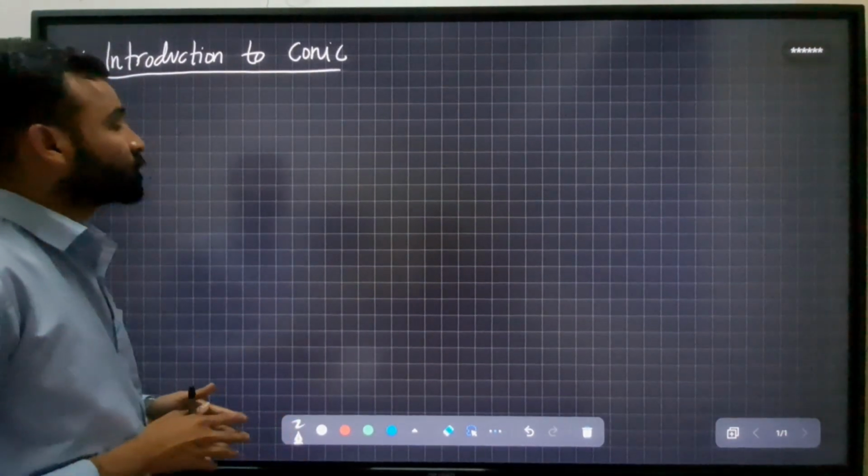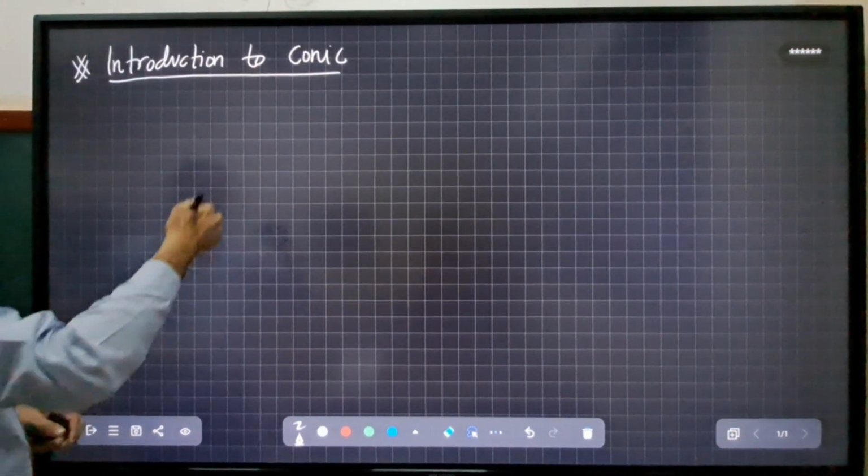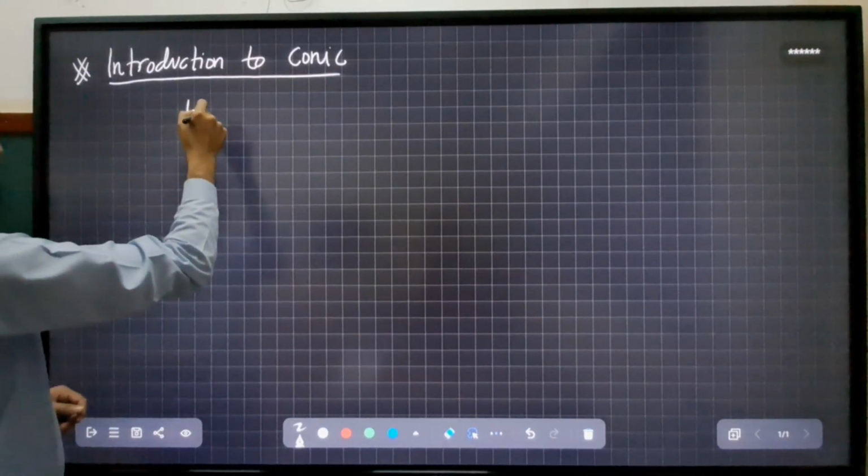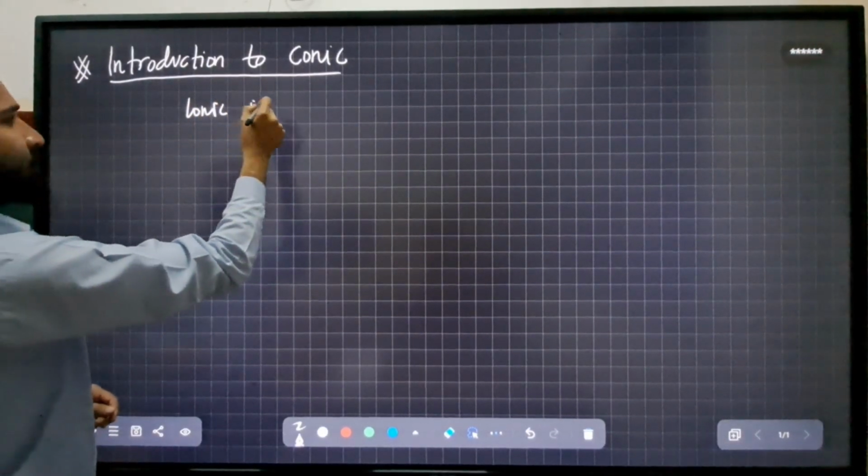So, introduction to conic, right? So what is a conic? First we will see this one. So conic is a locus, right? So conic is a locus